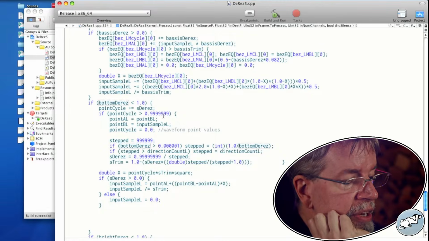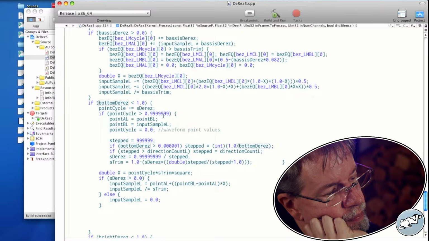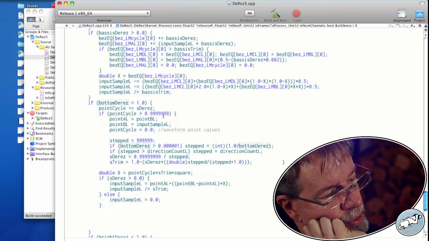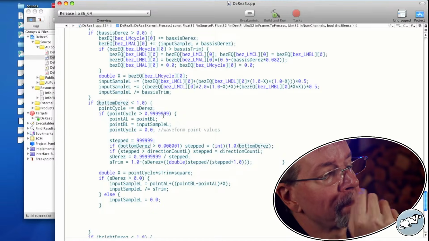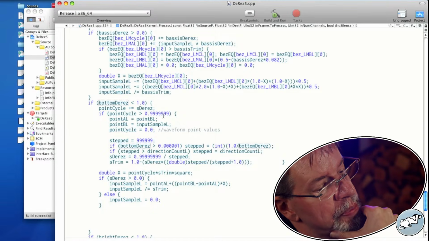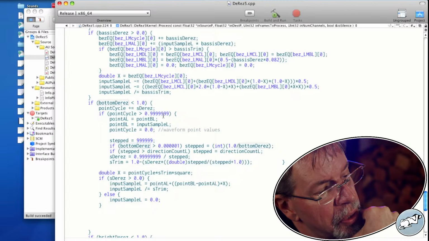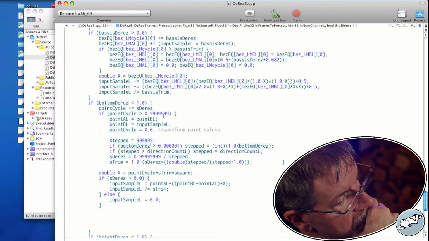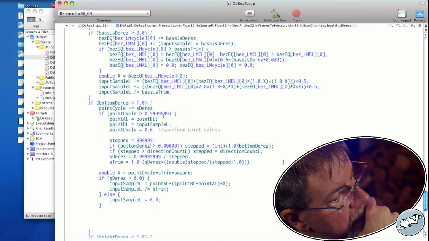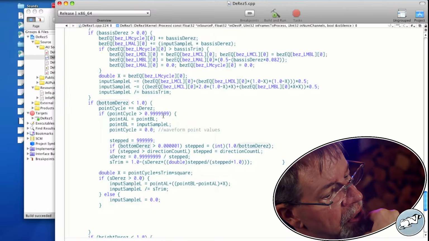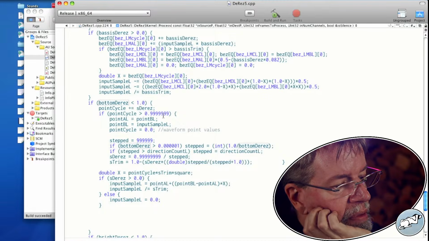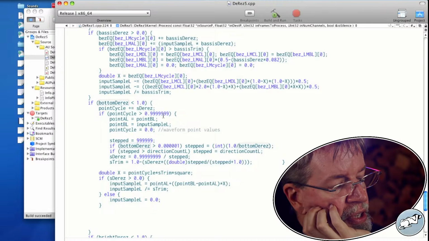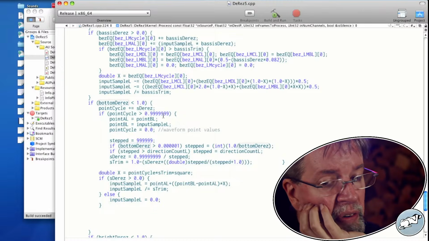So how can we manipulate that? Well, step gets bigger as bottom DRes gets smaller. In theory, if we were basing all of this on bottom DRes times direction count L, that's going to force it to kick in.